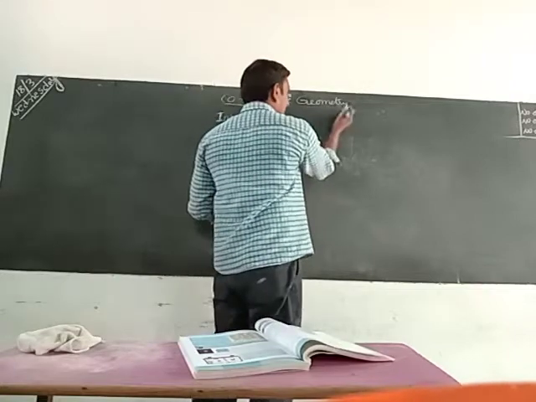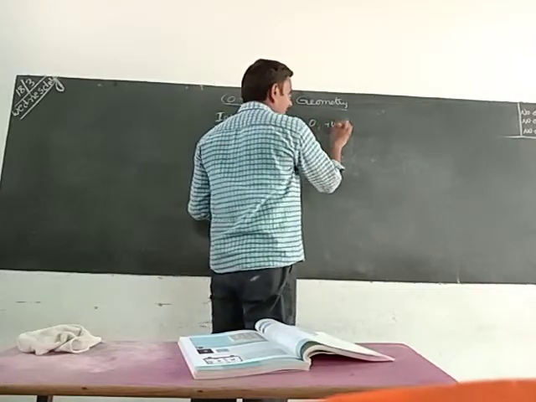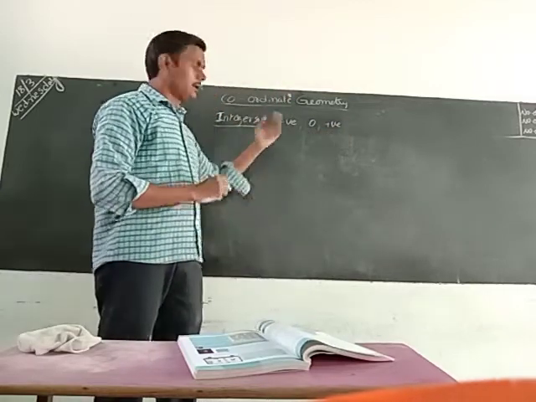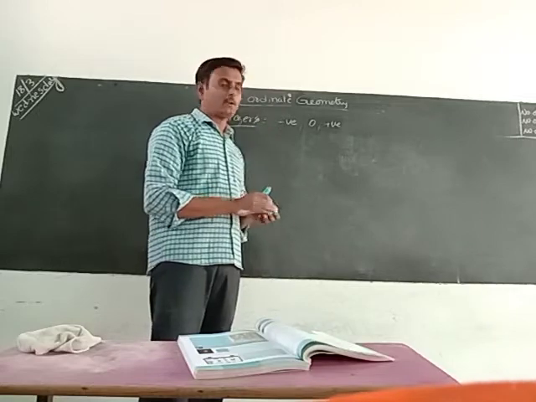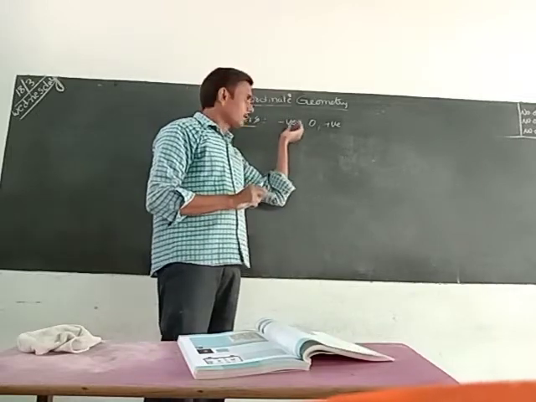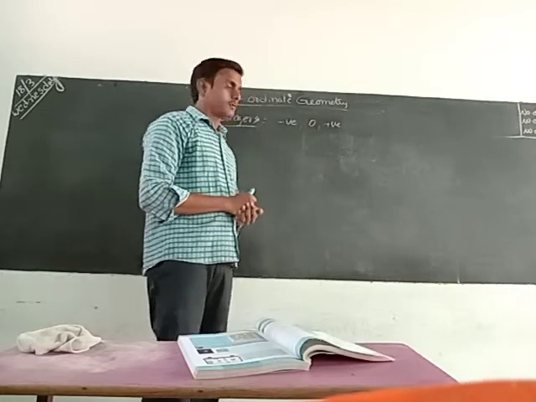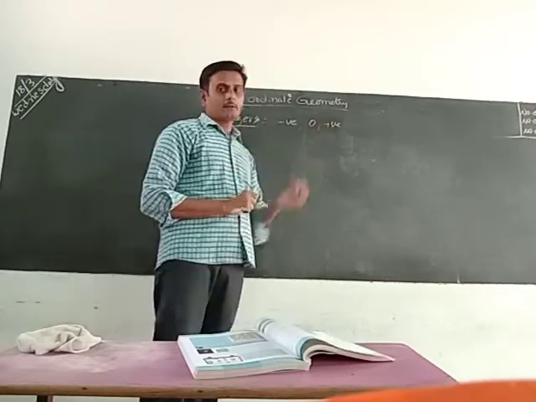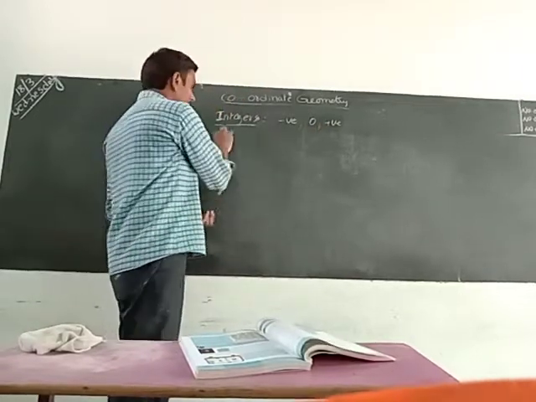Otherwise you can write it like this also: negative numbers, zero along with positive numbers are called integers. That means whenever you take an integer group, it will have 3 categories of numbers. One category is negative numbers, one category is positive numbers, one category is zero. These are called integers. Integers are denoted by which letter? Z. Already we know Z.